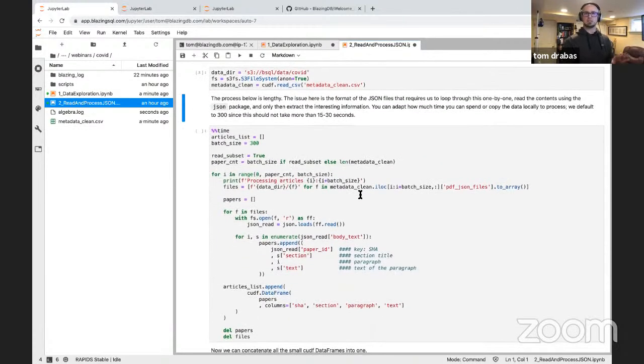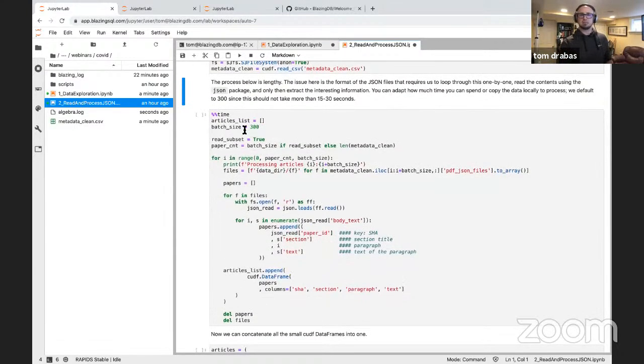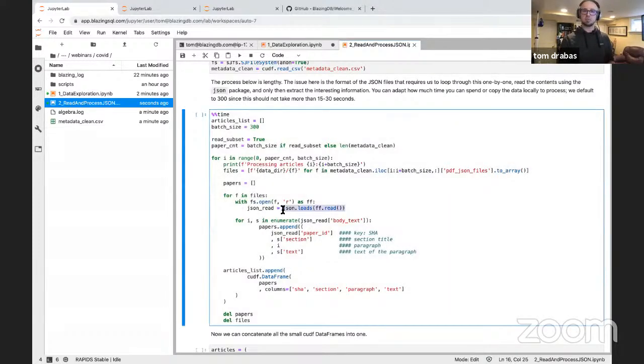And in this free version of the webinar, we will only look at the first 300 articles. The reason for that is the JSON files that were dropped as part of this corpus are in a really hard to read format. They are not JSON files that are lines formatted, where each line is effectively a dictionary that can be quickly parsed by pandas or cuDF or Dask cuDF. So we need to resort to literally looping through all of these files, opening every single one of them, reading it with JSON, and then